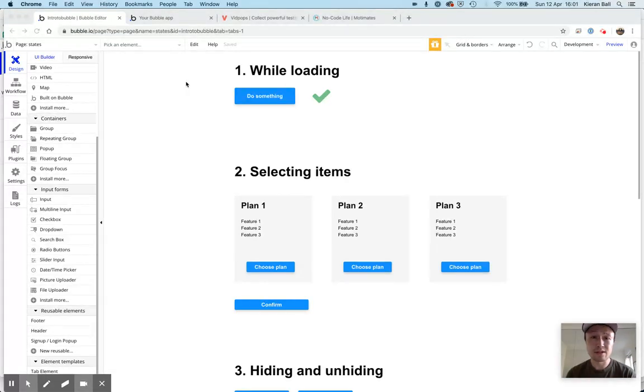So custom states are firstly a really good way to show the user that something's happening. For example, you can show a loading wheel using a custom state. So I'll just show you an example here. Here I've got a button that says do something. Now the workflow for this button